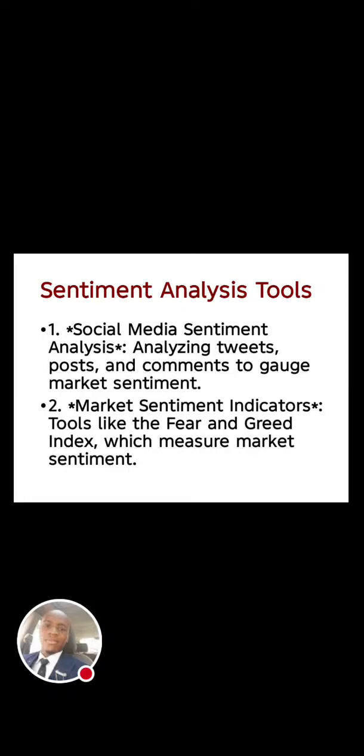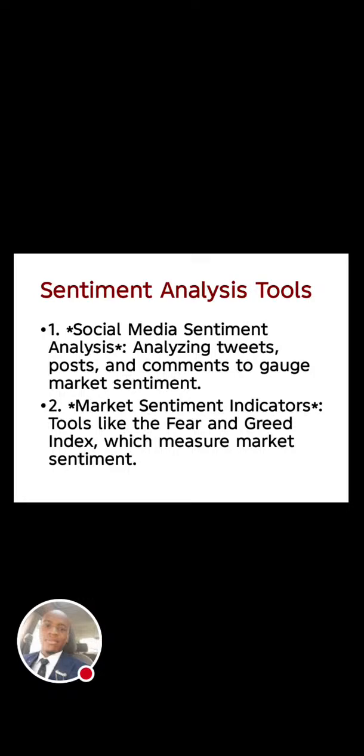So I said we have the technical analysis. You look at the chart, you look at resistance and support, you tell, okay, the market has been selling, it will keep selling. The market has been selling, it's time to start buying. You look at the chart, but in fundamentals, you check the use cases, check the underlying factors, check the news surrounding the project, check the tokenomics and the rest. And in sentiment, you analyze based on looking at social media factors, social media tweets, news, the rest. You check, okay, there's so much hype surrounding this token, then you jump in.